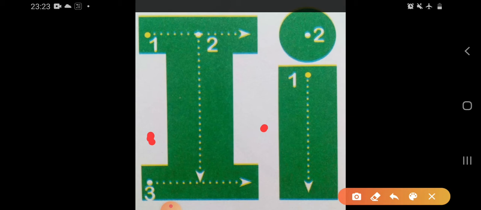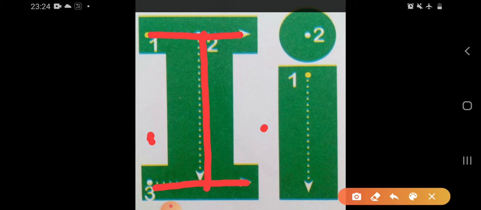So what we have to do first, we will go to number 1 and join the dots slowly like this. After we complete the sleeping line, we will go down. Yes, standing line. Which line is this? Standing line. And again a sleeping line. So what does it come out as? Letter I. Which letter is this? Letter I. You can also trace and practice.